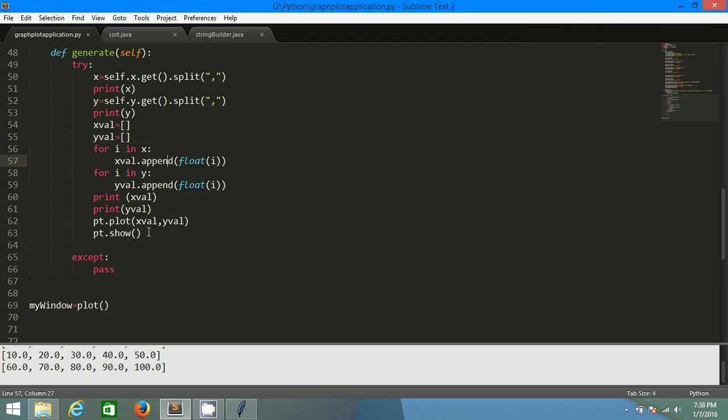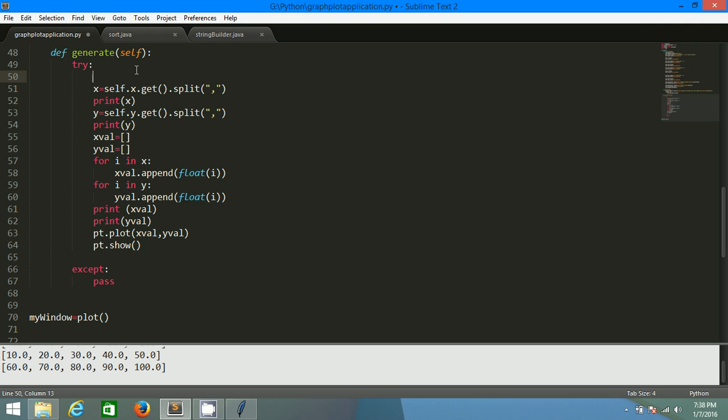Now we need to write down the x label and y label. For this purpose I am using this method. Okay, this variable x